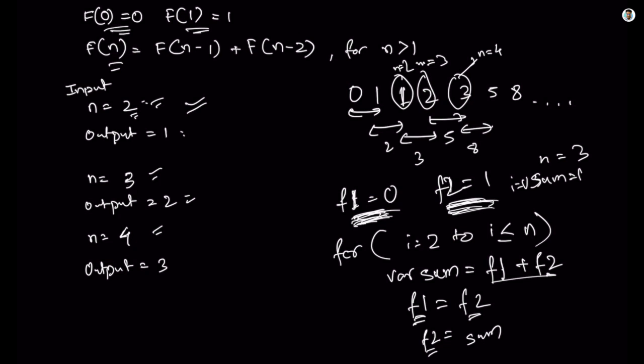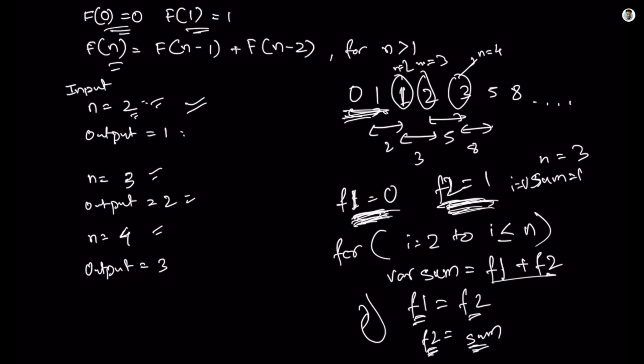So first of all, when it was 1 and 0 and 1, we updated f1 with 1 by taking the value from f2, and when it is f2, we are adding 0 and 1, and we are putting the sum in f2. Similarly, this whole thing will be repeated in the for loop. So our sum becomes